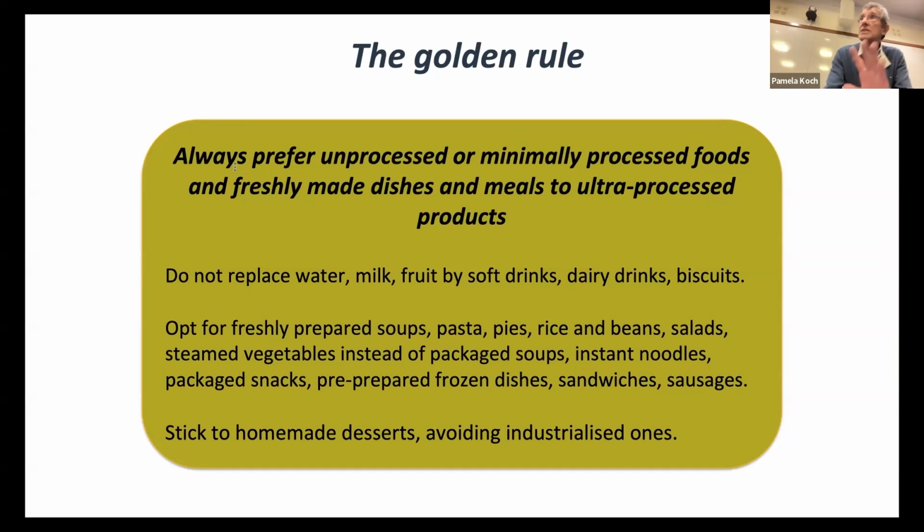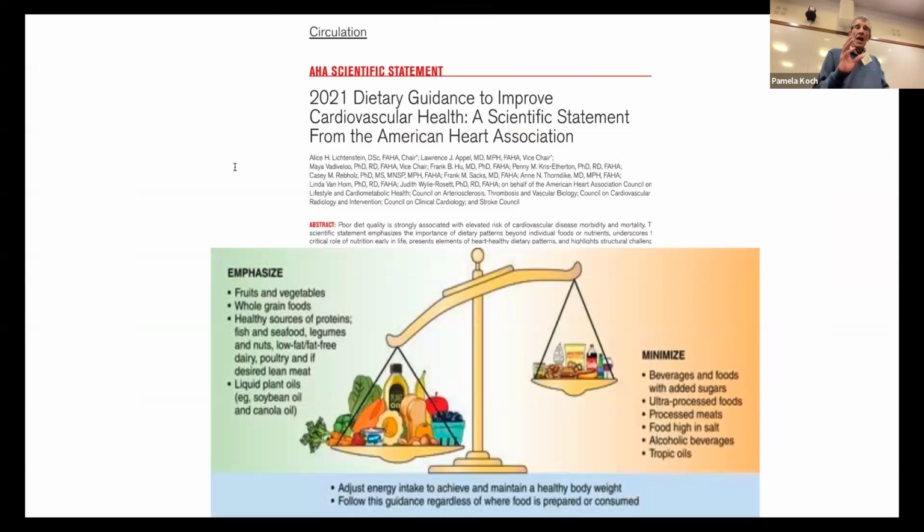And the golden rule is very simple: always prefer unprocessed or minimally processed foods and freshly made dishes and meals to ultra-processed products. And then we have specific examples: do not replace water, milk, fruit with soft drinks, dairy drinks, biscuits, etc. This orientation, avoidance or reduction of ultra-processed foods, you find in the American Heart Association Dietary Guidance, a